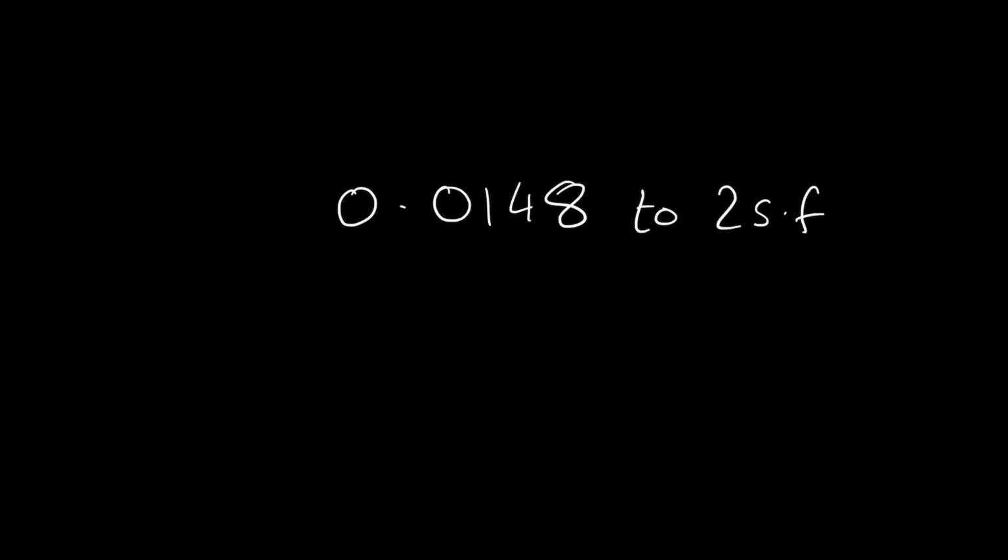Now, how do we do this in the case of a decimal number? For example, 0.0148 to 2SF. The first SF would be 1 because it's the first non-zero digit. So 1, and the second SF is 4. So we look at the next number. Since it is greater than 5, you have to round it up. So it will become